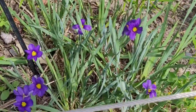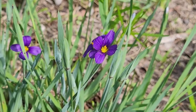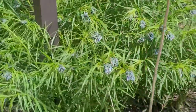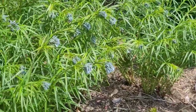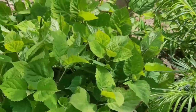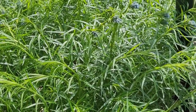We have very peculiar flowers here, which look to be some Iridaceae member with yellow mouth, linear leaves, but not sure. This is Amsonia, on which I am able to show you some butterflies also visiting the blossoms of Amsonia. This Amsonia, in fact, has been mentioned as, not written here, but this is Amsonia or blue star. One is Amsonia hubrichtii, that is Hubricht's blue star, and these are withered